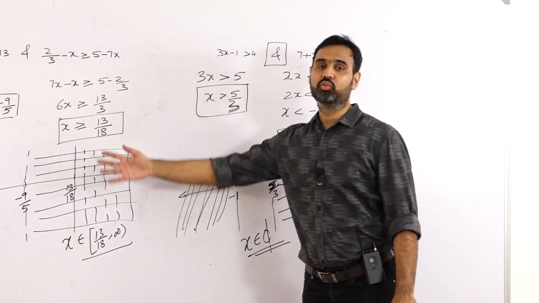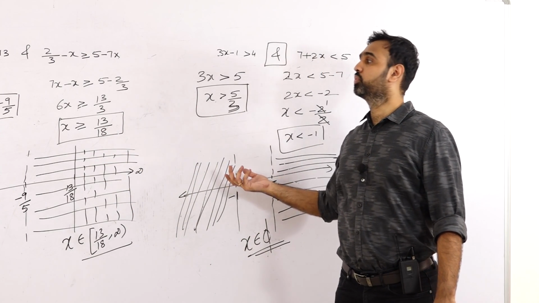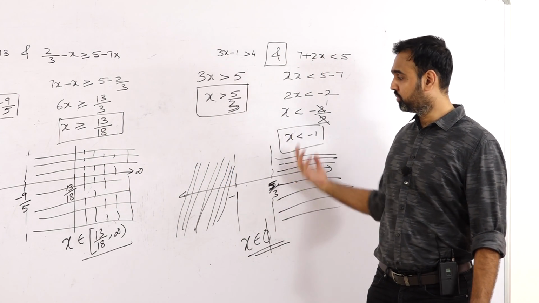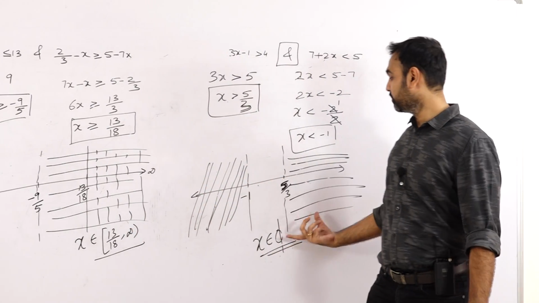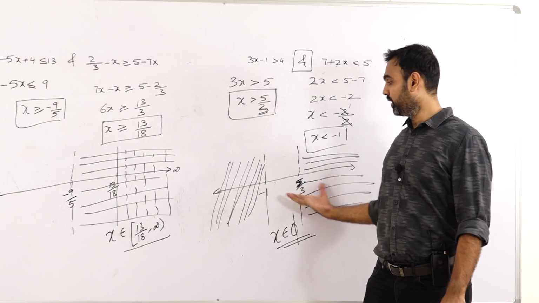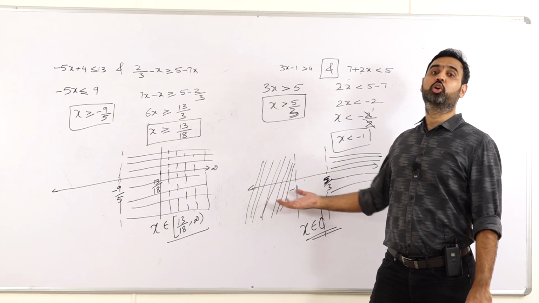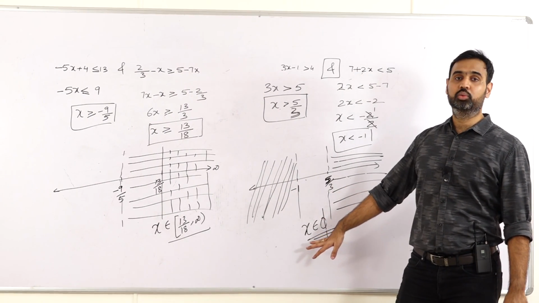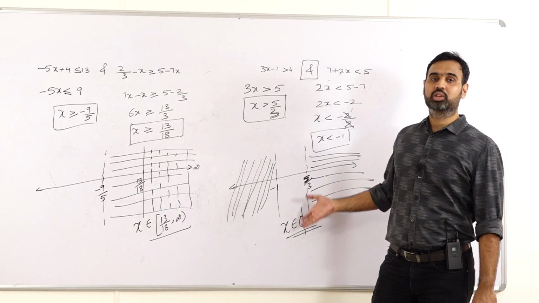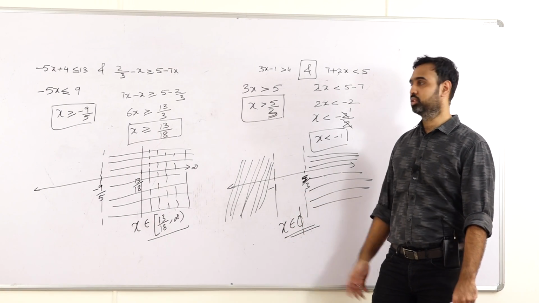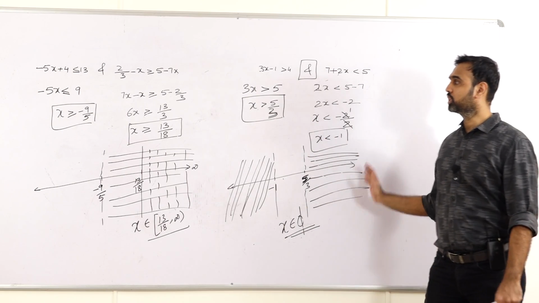So these are different ways in which you can end up solving for the values of x, with different answers. It is not that you always end up getting a common region. You might end up with values of x where you don't find any common region. Hence, you will end up writing x belongs to the null set, which means no solution. And look at the board, look at the entire solution.